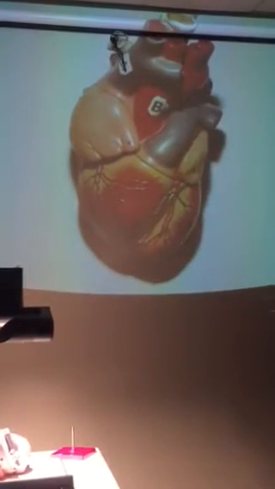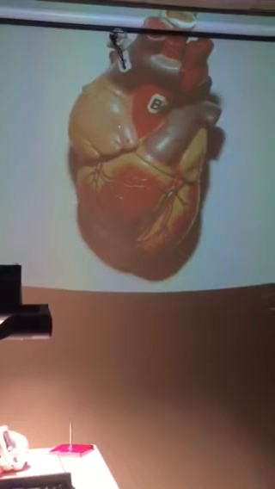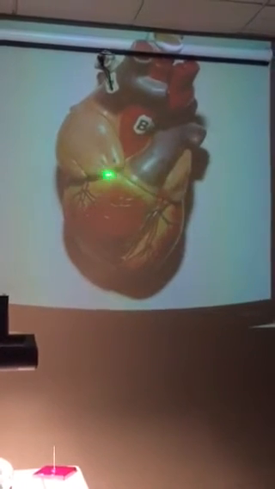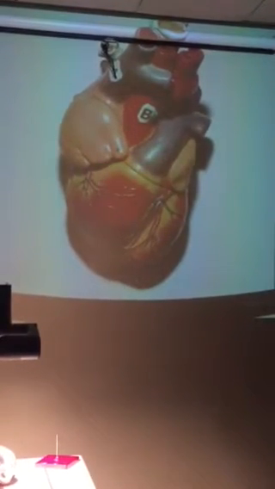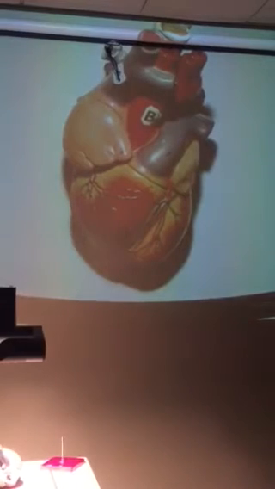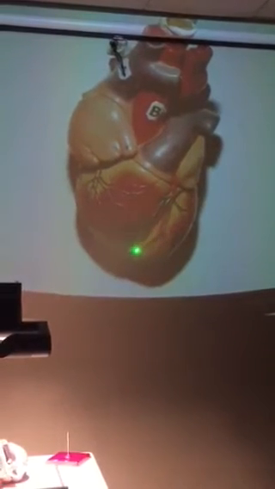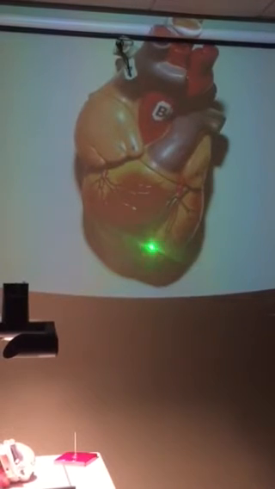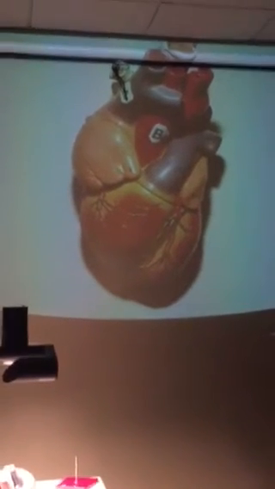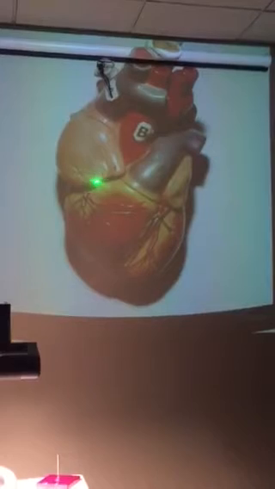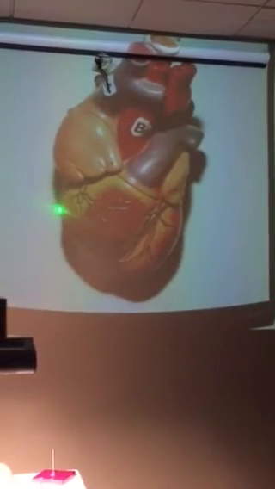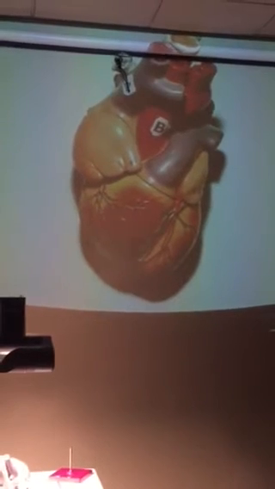So now this is some bigger model. So this is your right atrium, this is left atrium, and this is your coronary sulcus. This is anterior interventricular, and this artery is anterior interventricular artery, and the vein is great cardiac vein. Okay, and here we have right coronary artery. And here we should have marginal branches.